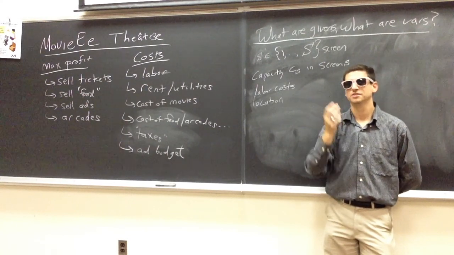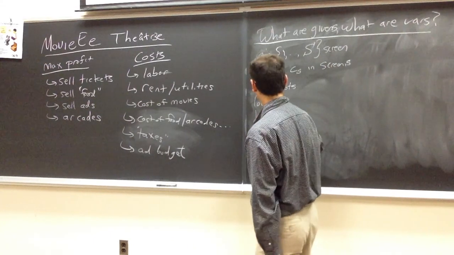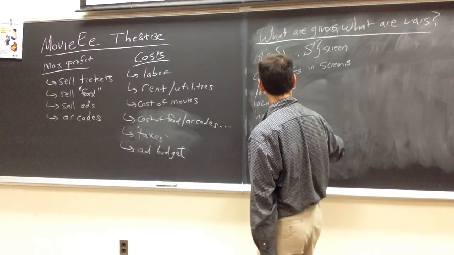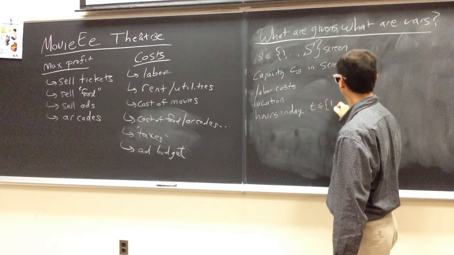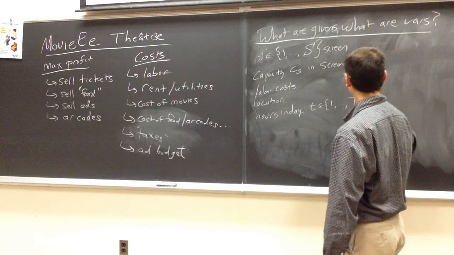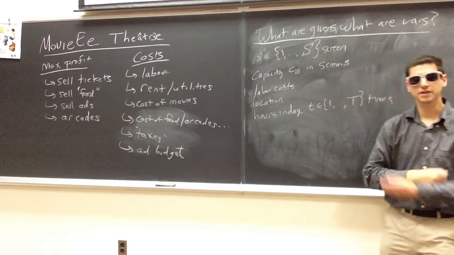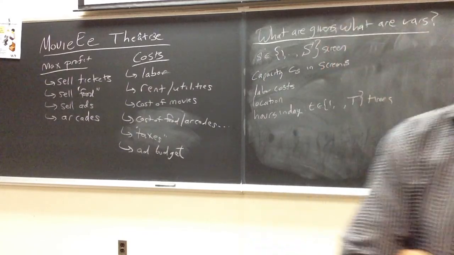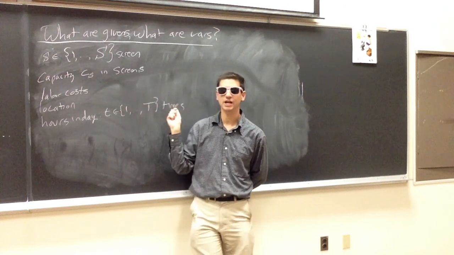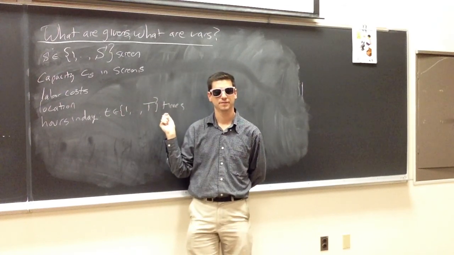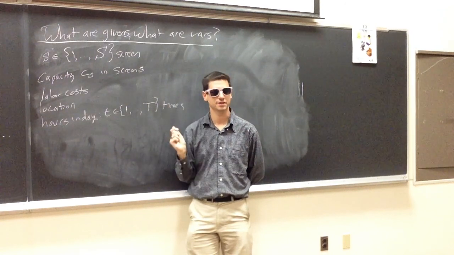What about the number of hours in the day, or number of hours that are reasonable movie hours. Hours in day. So T goes from, so these are my times. And so if we have a fixed number of times, we may have variable the closing time, but the actual hours in the day is fixed.